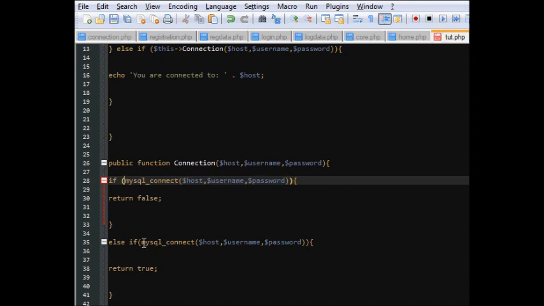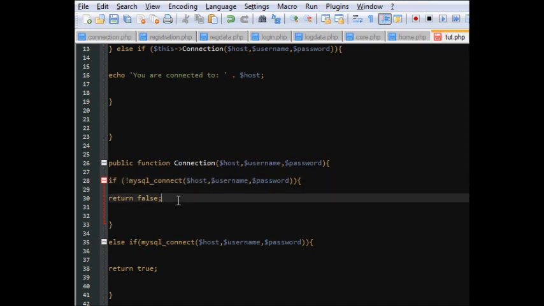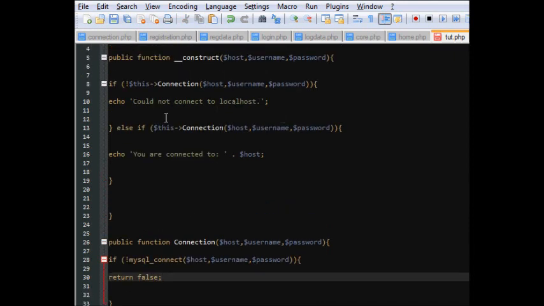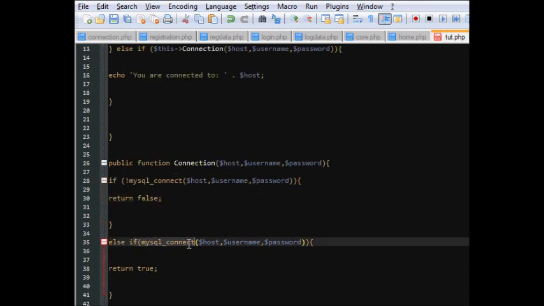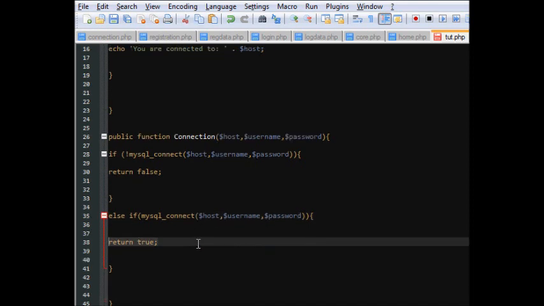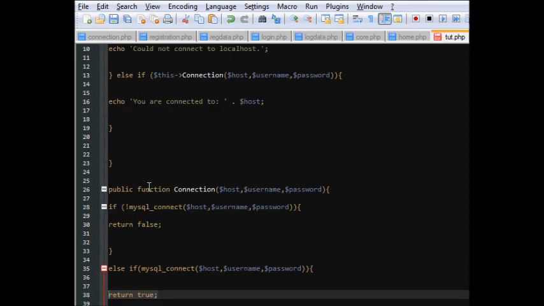Without it, that's like saying right here that it works, it's connected. So if it's not connected, it's going to return false. The user will then see our error message. Else, if it's connected and established with mysql, we return true. Alright, we're going to want to continue with this,